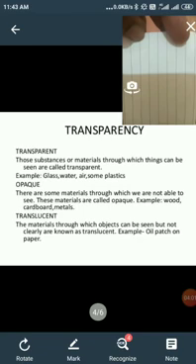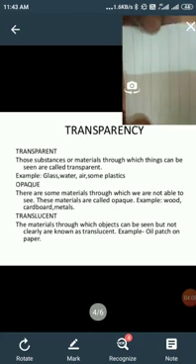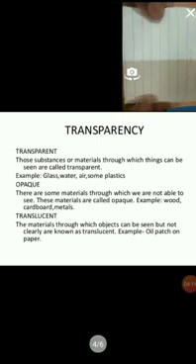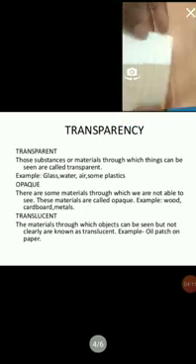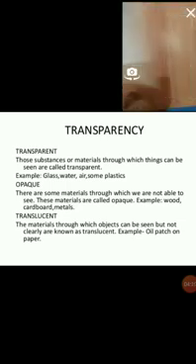Your answer will be no. So definitely this piece of paper does not allow light to pass through it. That's why it is called an opaque object. Which object is it? Opaque. It does not allow light to pass through it.